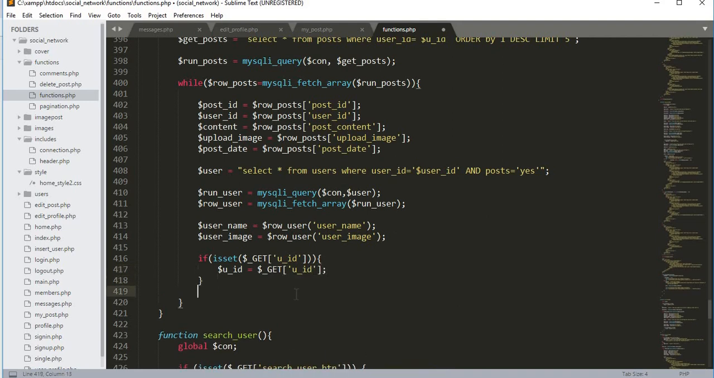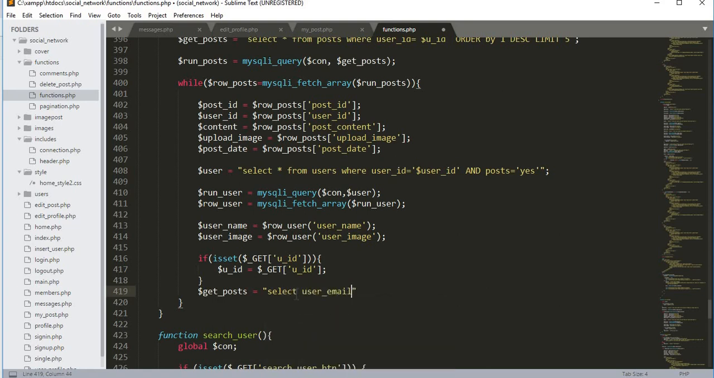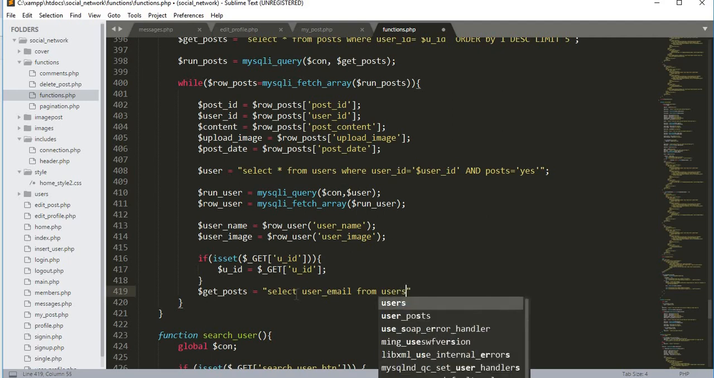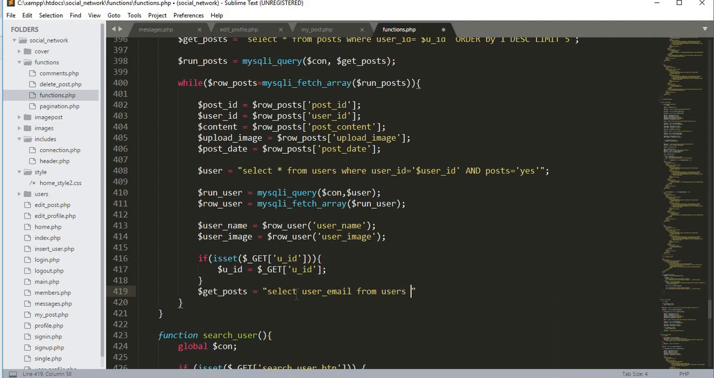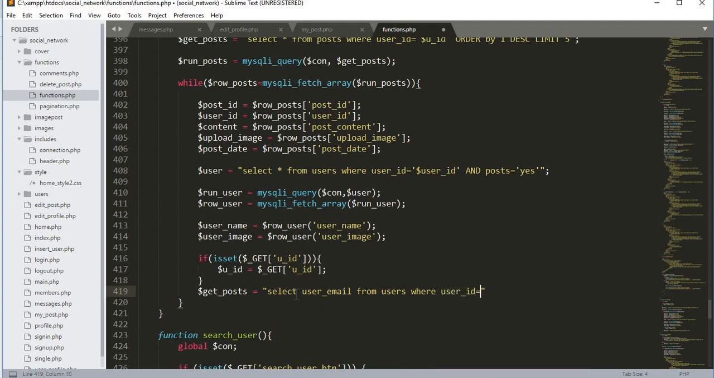And after this if condition, we will create a variable run_posts, and then a query: select. We will now select only the user_email. I will tell you why we are writing all of this code once we have finished our code over here. So now let's just see what I am doing, and then where user_id will be equal to $user_id,